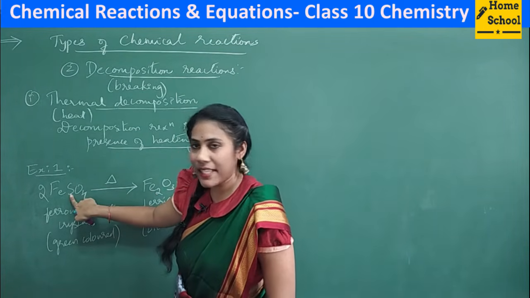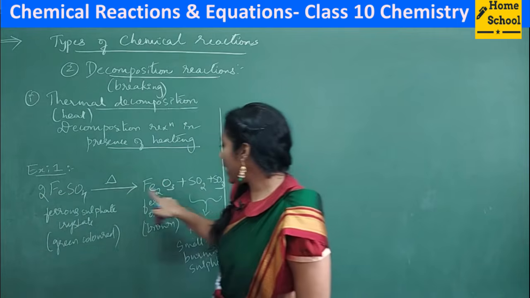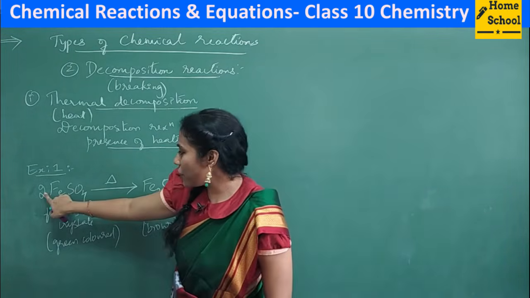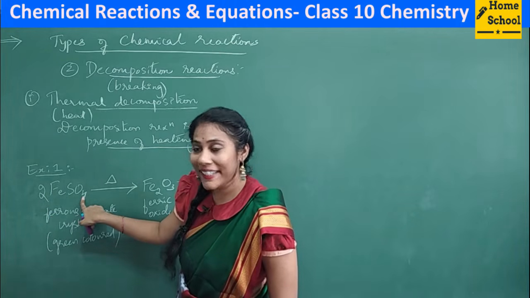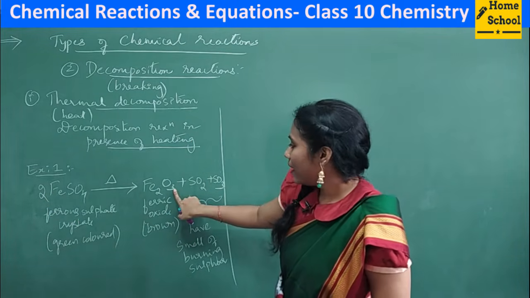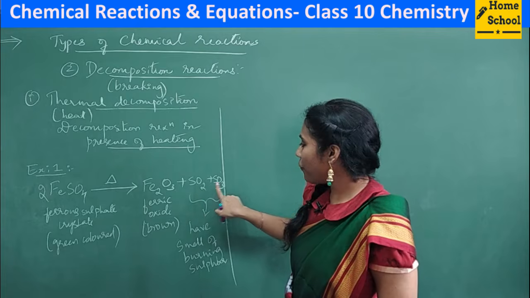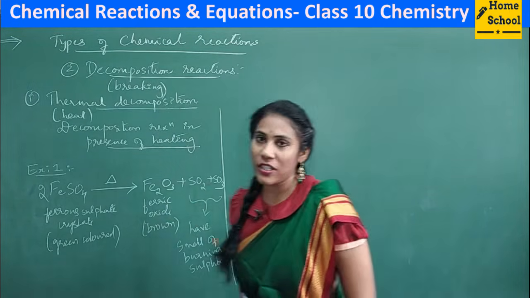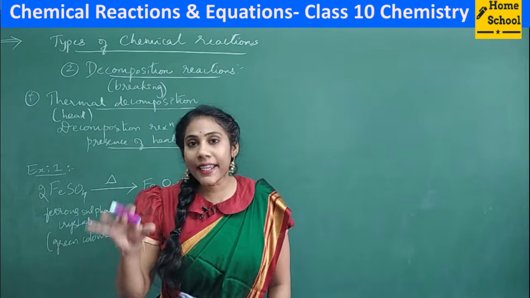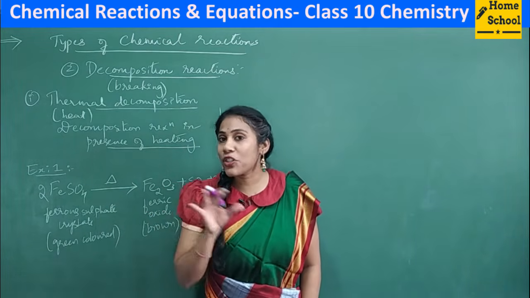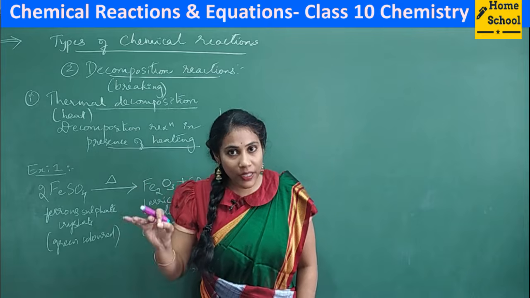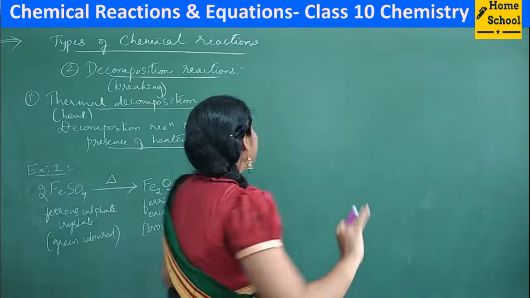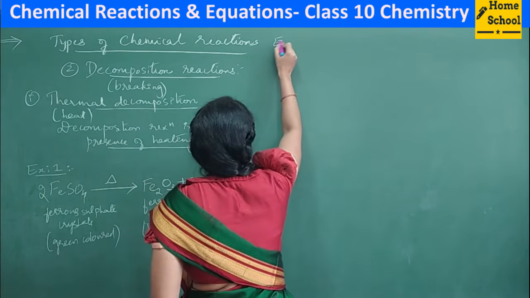This 2 belongs to this sulfur also now. So 2 sulfur atoms, 1 plus 1, 2 sulfur atoms. And how many oxygens? 2 into 4, 8 oxygen atoms. This side, 3 plus 2, 5, 5 plus 3, 8. So 8 oxygens, 8 oxygens. Now the equation is balanced. In case I don't write balanced equations on the board, it is your duty to balance the equations in your book. Clear? Fine. And coming to example number 2.